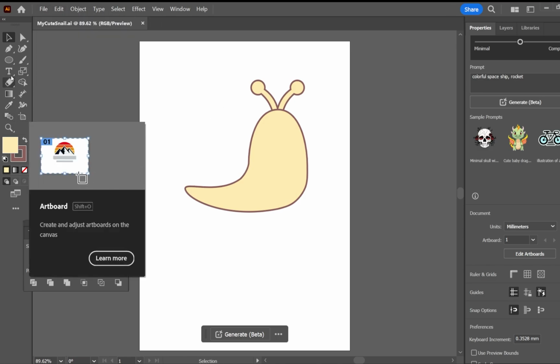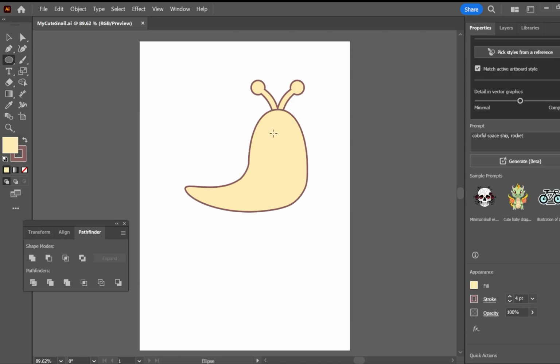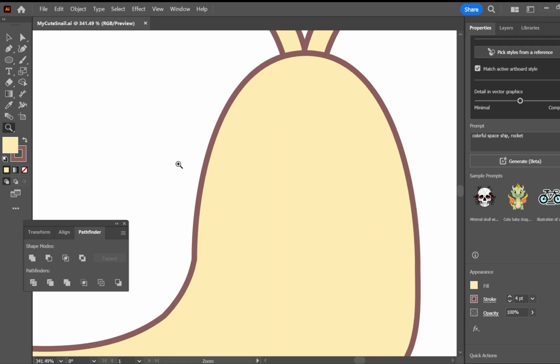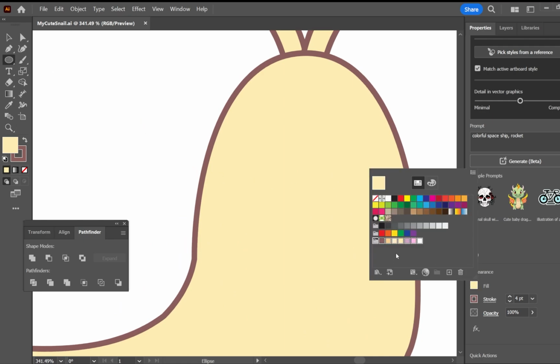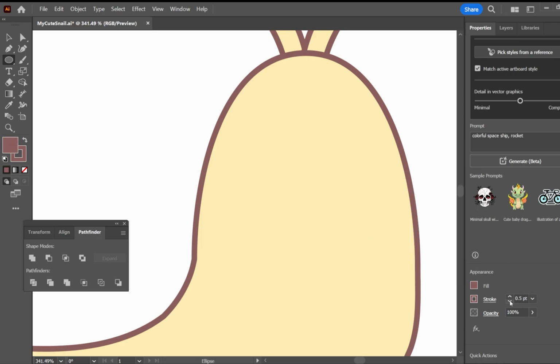Next we're going to focus on those eyes, and I like to zoom in for this part so that I can really see it clearly. I'm going to set up my colours using the same colour that's on the stroke, that brown colour. And I'm going to do a perfect circle by holding down Shift. And then I'm going to work on the white highlights of the eyes.